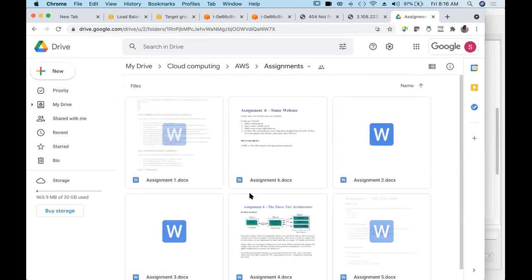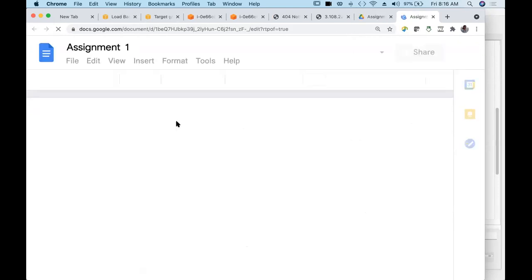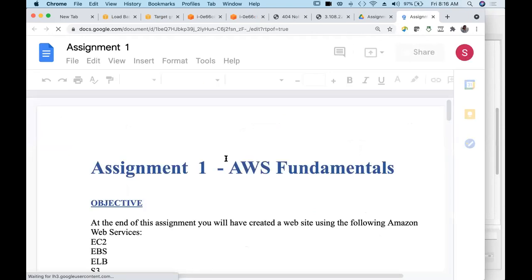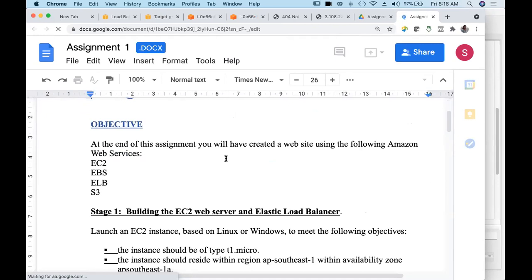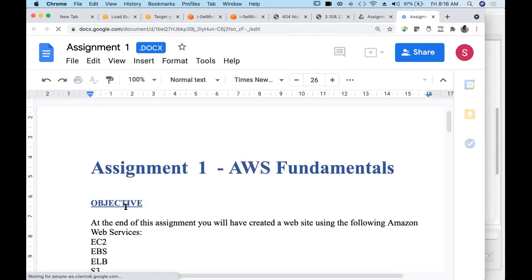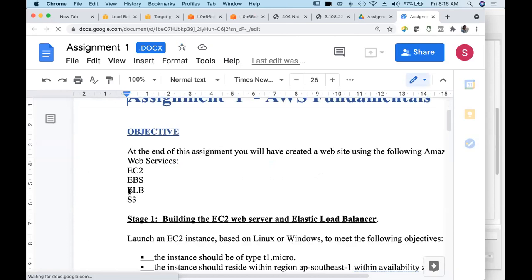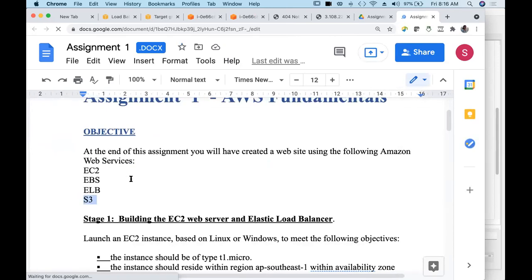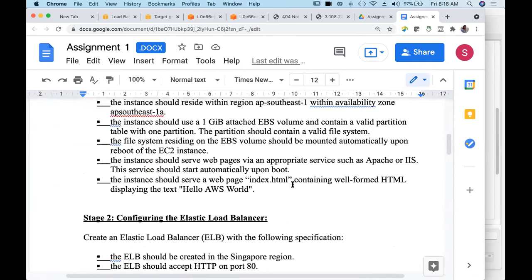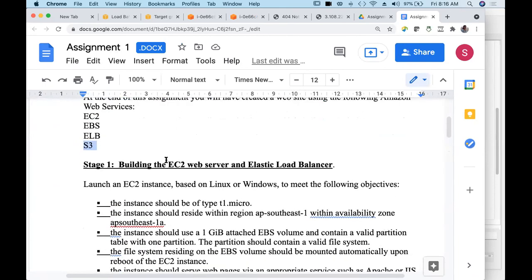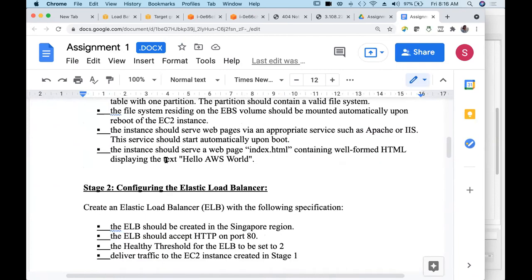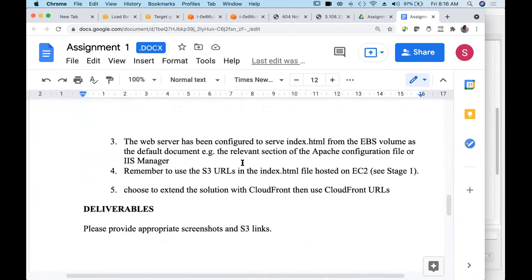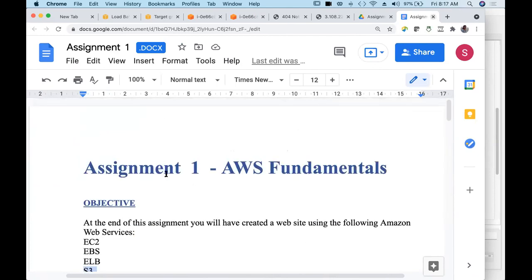Yeah, you have 6 assignments. If you look into assignment number 1, we have this as assignment number 1. You should know about EC2 and S3 as well to complete this assignment. And you have to submit this assignment. So here you can go through it. You will be using your elastic load balancer, S3 also. So that is your assignment number 1. We have not yet discussed S3, right? So no need to do this assignment now.